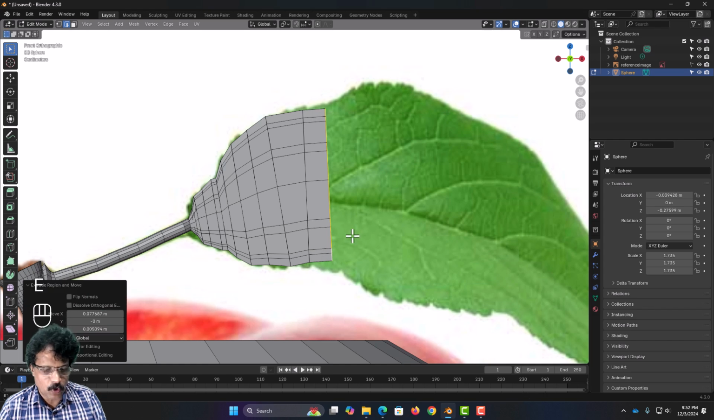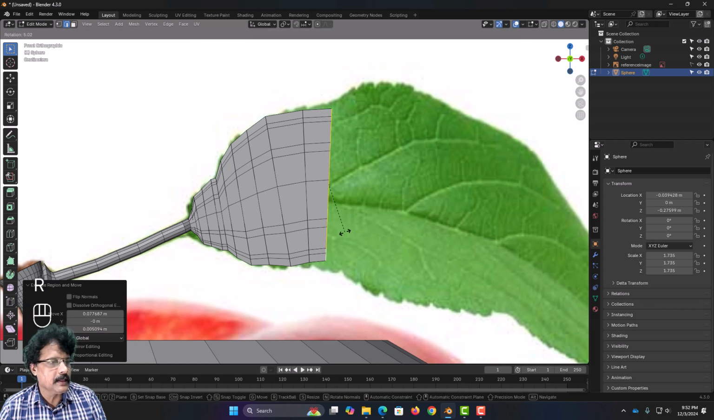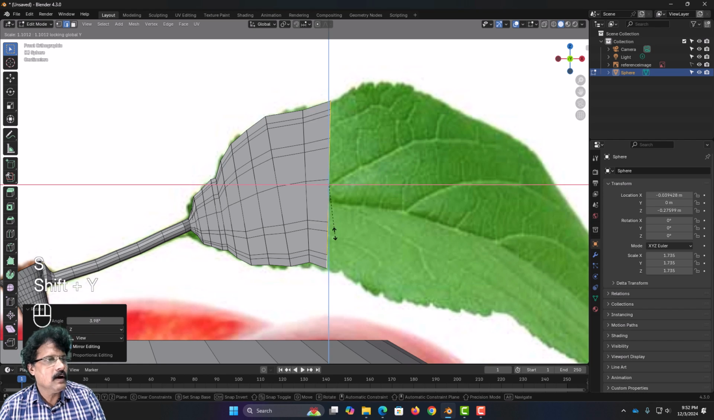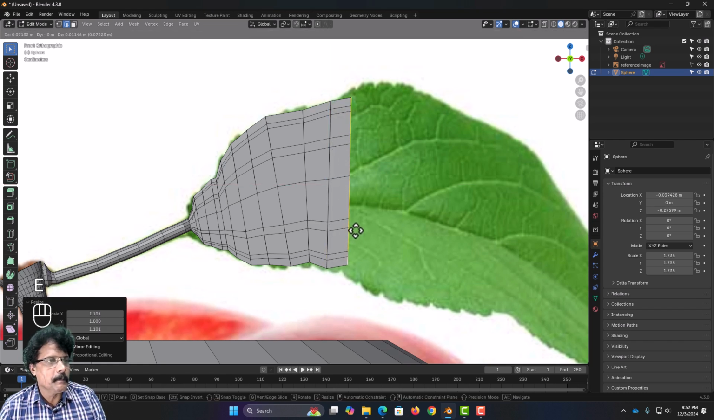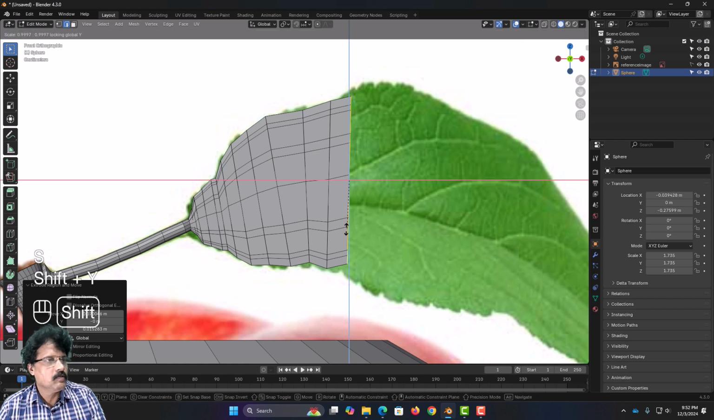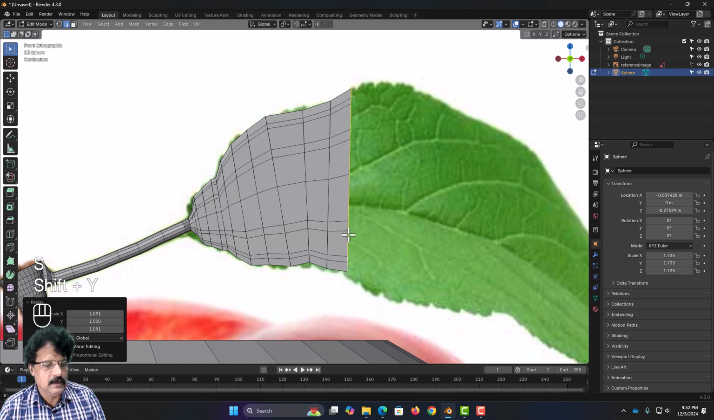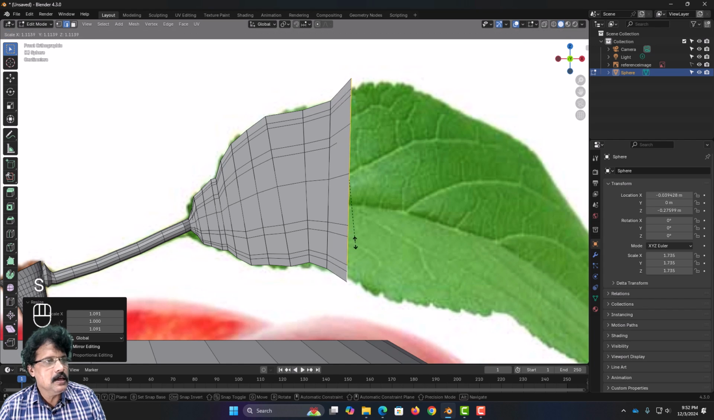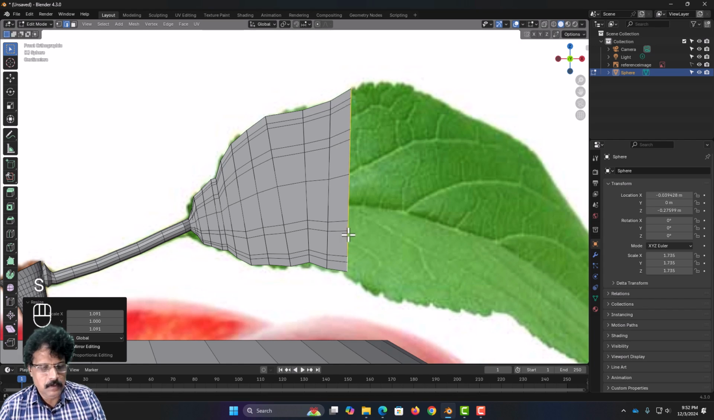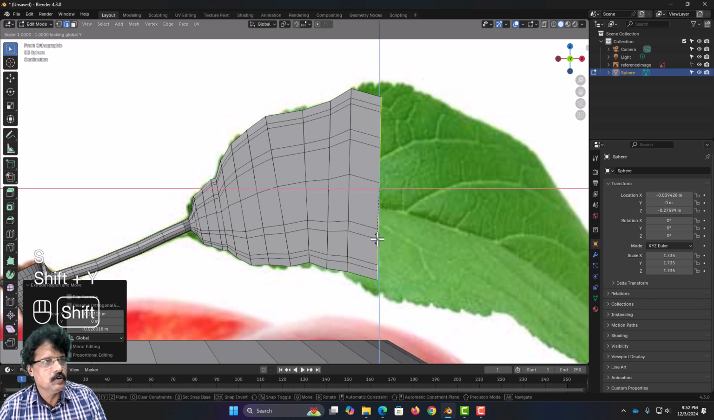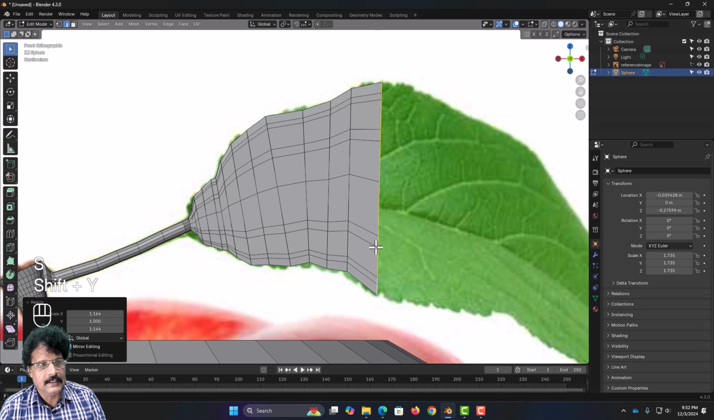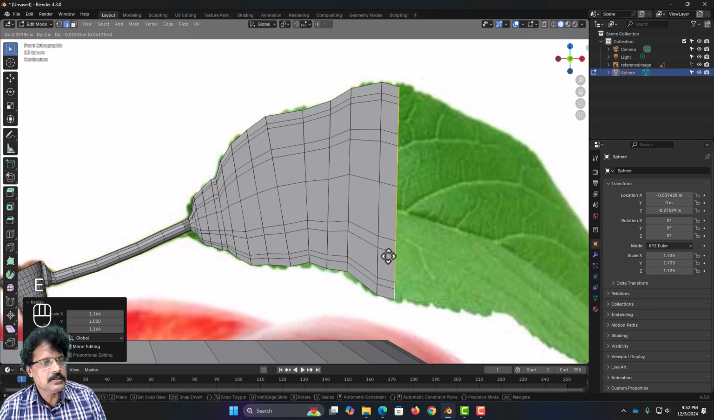I will just rotate it a little more like this, then yes, shift Y and I will slightly scale it, again press E, bring it here, yes, shift Y and scale it out like this, again press E, pull it up like this, and now press yes, shift Y and scale it like this, then again press E